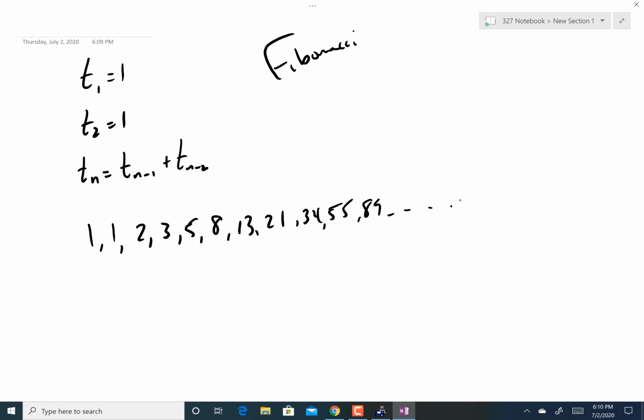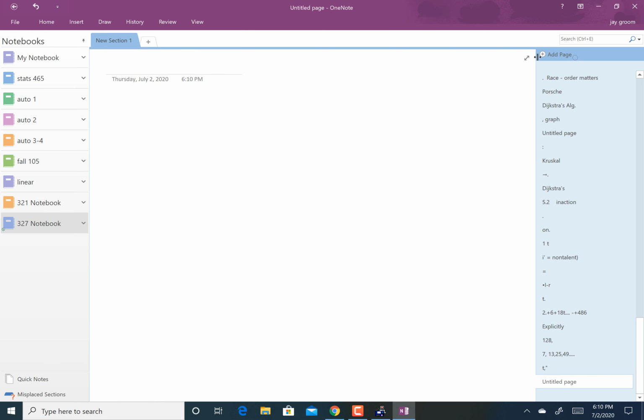Okay? And so the Fibonacci sequence is only able to be defined recursively. Okay? There's no explicit formula for that guy. Okay? Sure. Yeah. So here is